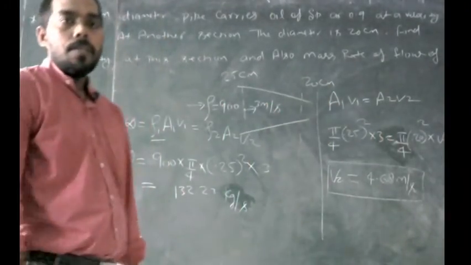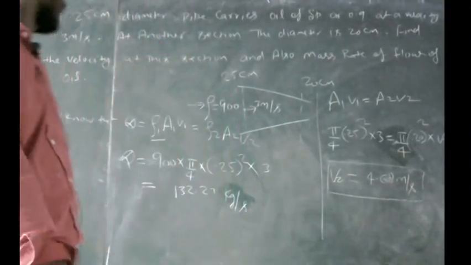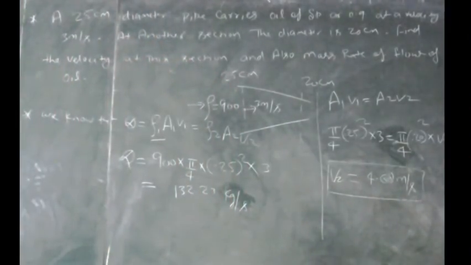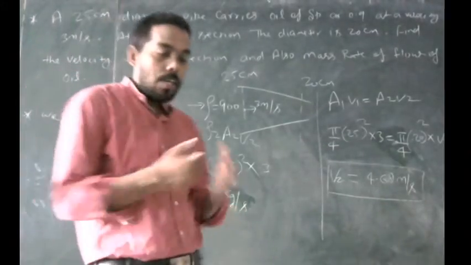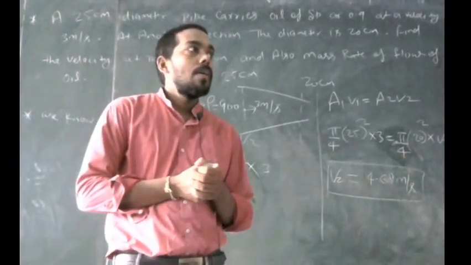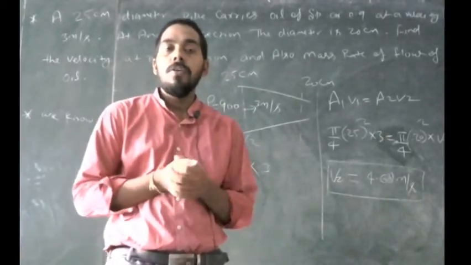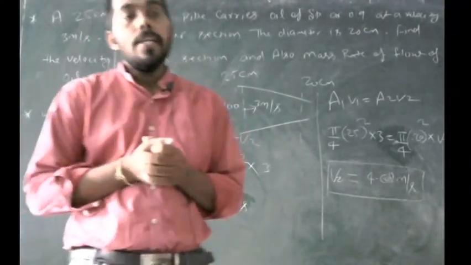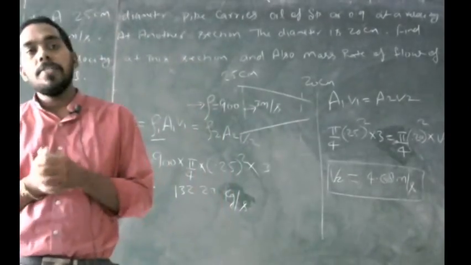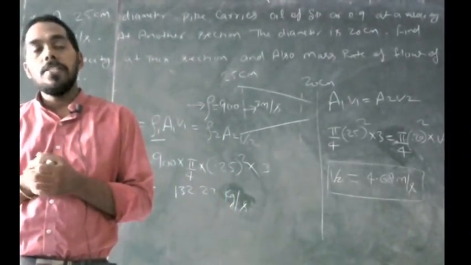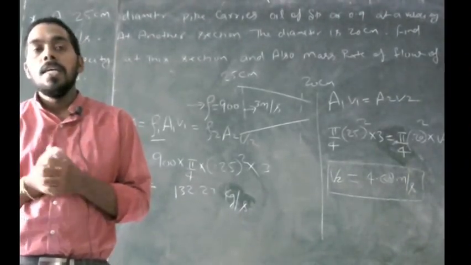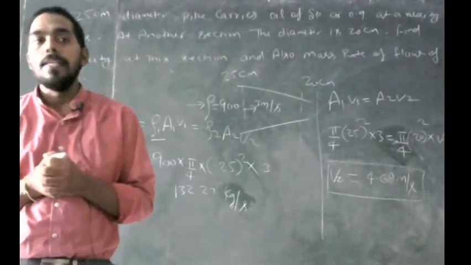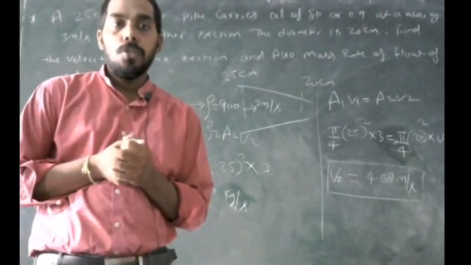So, okay, we can find easily every question. You can solve every question easily. In the continuity equation, we should know that rho 1 A1 V1 will equal to rho 2 A2 V2. When rho is given, then you can find the mass per second. If density is not given, the fluid is water, so you can use the equation A1 V1 equal to A2 V2. This is the continuity equation for 1D.